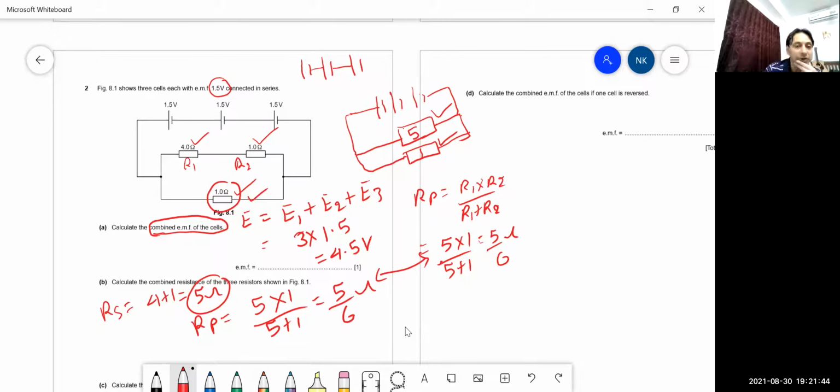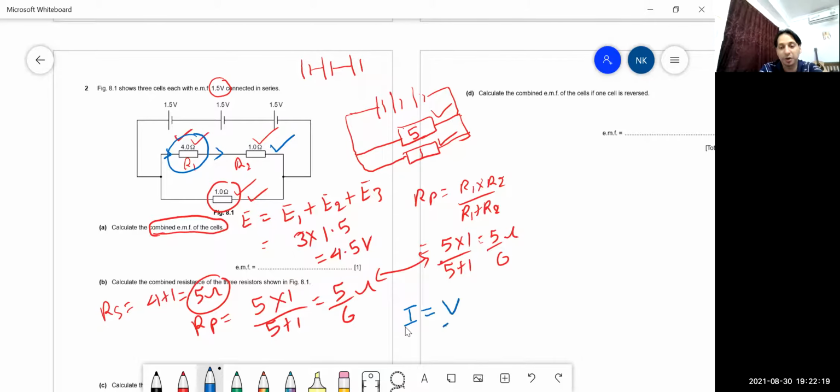So in this situation, and remember children, this 4 ohm and 1 ohm, they are in series combination. If they are in series combination, it means the same current will pass through R1 and the same current will pass through R2. We know in series the same current passes through each resistor. So how can I find out how much current is going through R1? Again you have to write the equation I is equal to, you have to find the current.